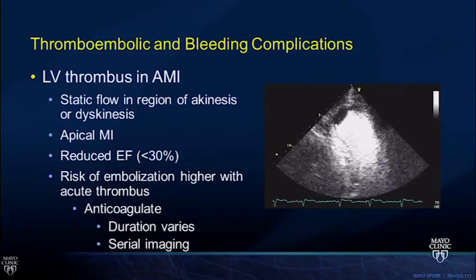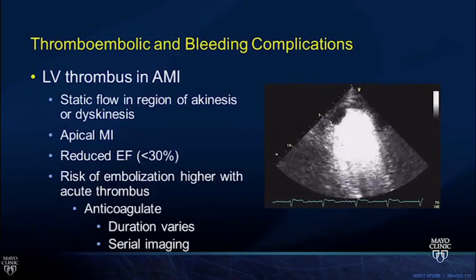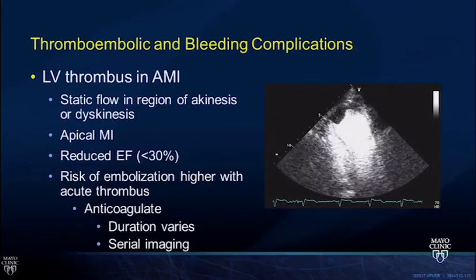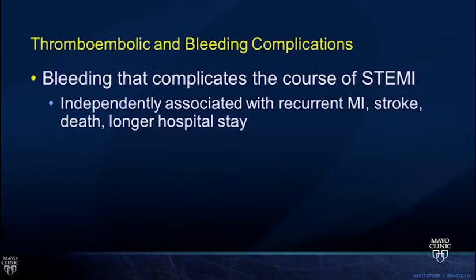You are likely in that bind of triple therapy, because most likely this patient has just had an acute MI, they're on dual antiplatelet therapy, and now they have a reason for an anticoagulant as well. Why don't we just give everyone warfarin out the door, just say, hey, triple therapy for all? Because bleeding complications worsen all of the potential outcomes that we follow in the setting of STEMI. So it's independently associated with recurrent MI, stroke, death, longer hospital stay. So we need to be judicious about who we select for long-term therapeutic anticoagulation.